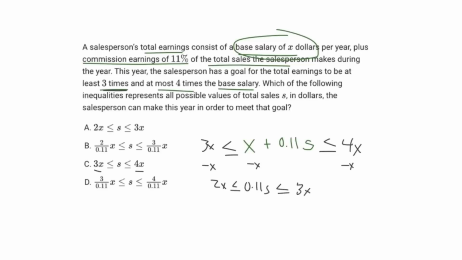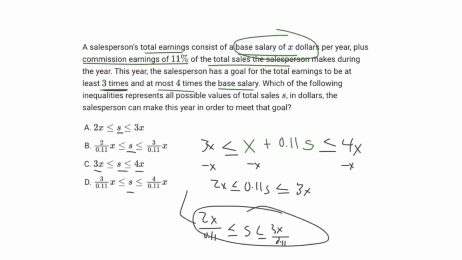And now again, we want to isolate for s because you see in all these answer choices, s is by itself in the middle as the total sales. Therefore, we can just divide all sides by 0.11. So we get 2x over 0.11 is less than or equal to s less than or equal to 3x over 0.11. And we can see that this answer choice right here lines up directly with answer choice B, and therefore